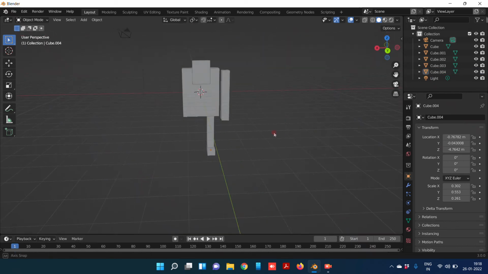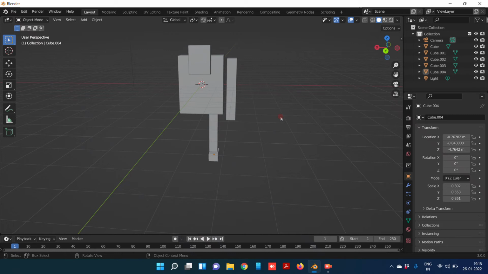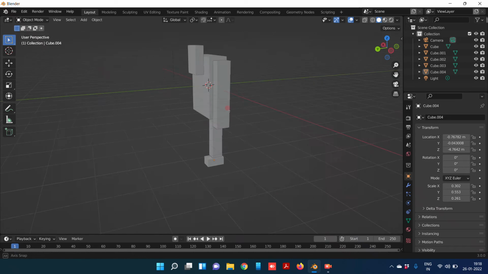Now we have finished this thing, so now what we have to do is another hand and another leg. For that we can use the modifier properties, and I think we had forgotten